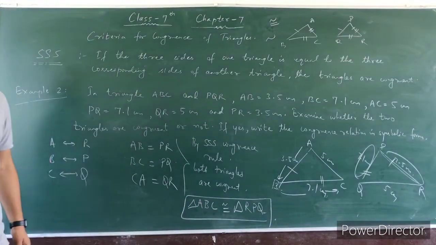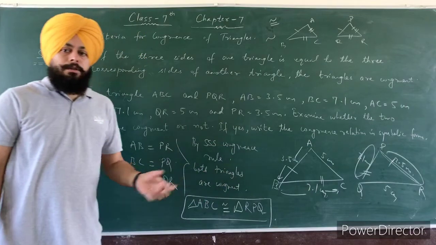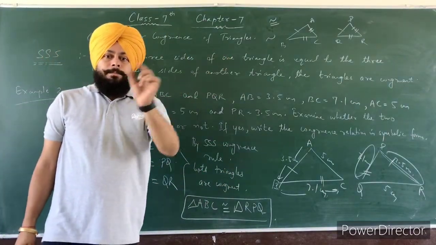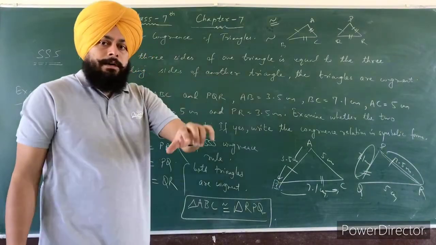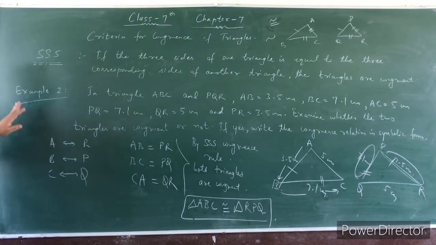Alright. ठीक है. तो इस तरह नहीं कि ट्रायंगल ABC लिख लिया फिर PQ और लिख दो, इस तरह नहीं आएगा. उसी पहले अंदर रिलेशन चेक करोगे कि A related to which vertex, B related to which vertex. ठीक है. After that we will write in the symbolic form. So this is your example number 2.